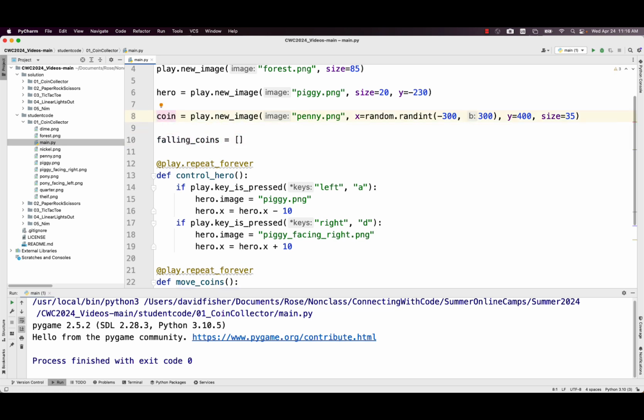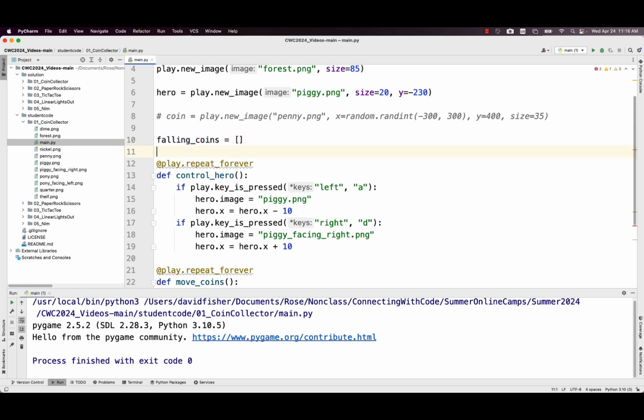By the way, this line right here I'm going to comment out because I don't want a single coin. I want a bunch of coins. I called it falling coins, honestly, just so it would be 2 words, because I wanted to show you how Python names things. They use all lowercase, so you notice that every letter is a lowercase letter. And wherever there would be a space, you're not allowed to type the space character in variable names. It has to be this underscore, which is kind of an interesting thing.